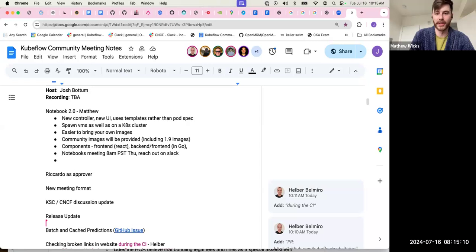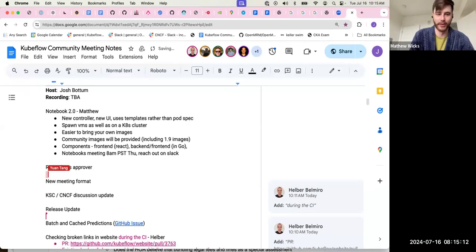there are a lot of images both in notebooks and in the whole Kubeflow, and CVEs, as we've seen recently, are being weaponized as kind of tools to disrupt open source projects. So there are some concerns there, obviously, about the legitimacy of a lot of CVEs. So it is something that